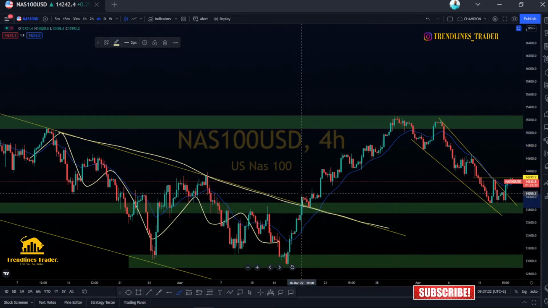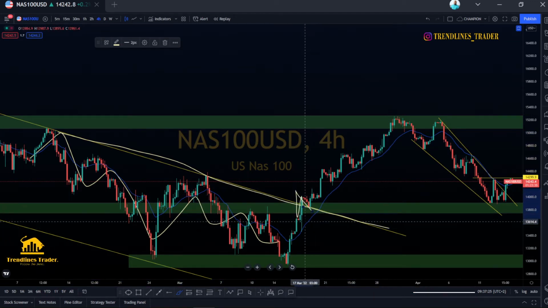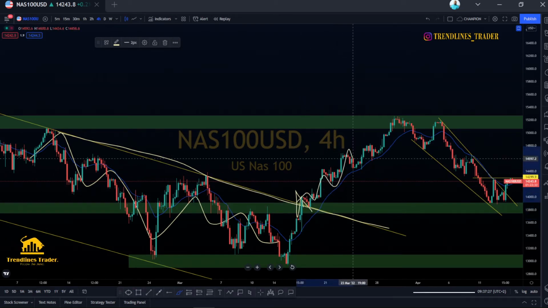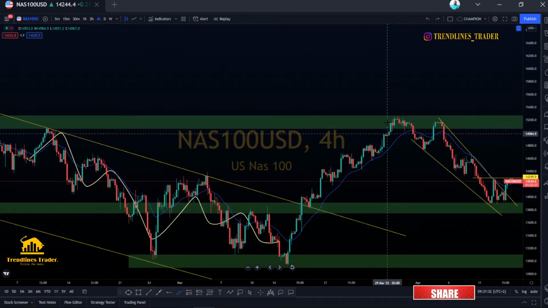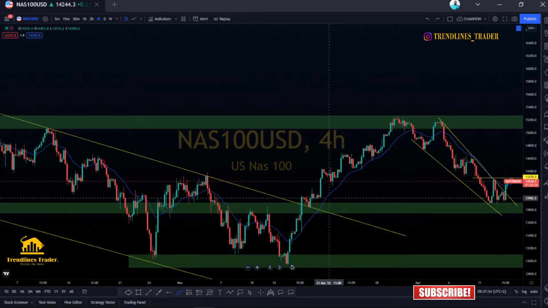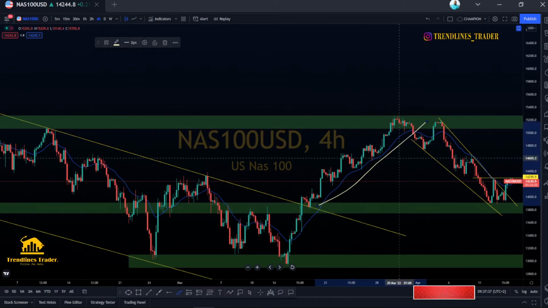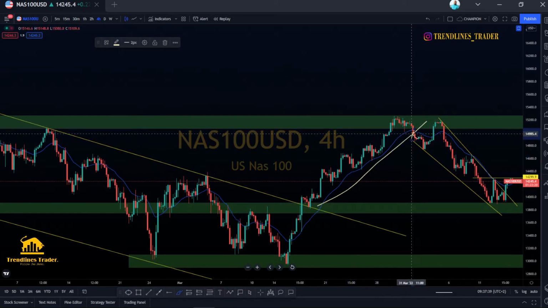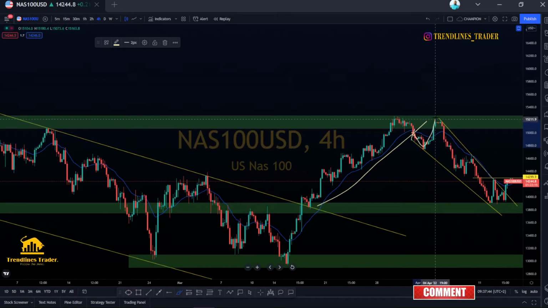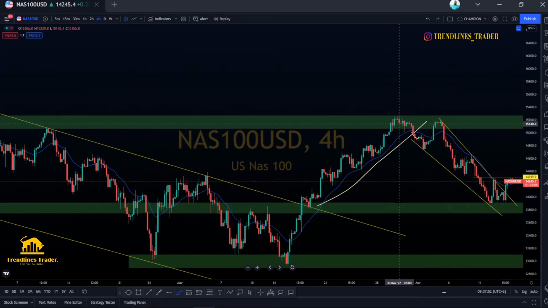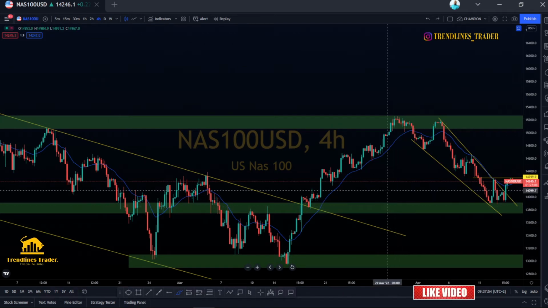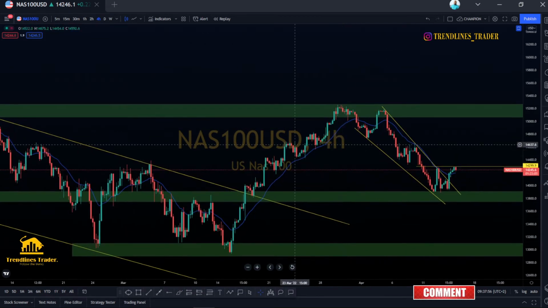The price managed to break out of this resistance at this level, and we had this bullish trend. As you can see, the bullish trend was also broken right here a few weeks or a few days ago, and the price managed to retest and push towards the downside, and now we are currently around this area right here. So ladies and gentlemen, let's go closer to the price and let me just